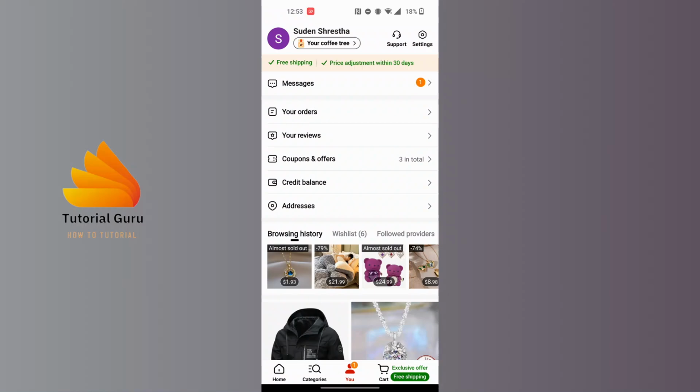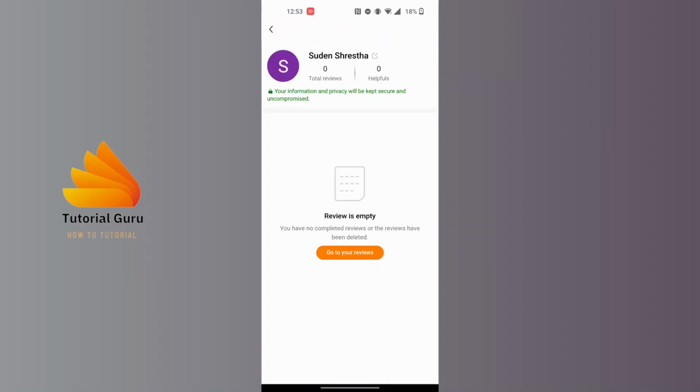And when you land over here guys, at the top left corner of the screen you can see your name and your profile picture icon available for us. Tap on your name at the top left corner of the screen and your profile interface will appear like this. Again, tap on your name at the top left corner of the screen just below the profile text and you